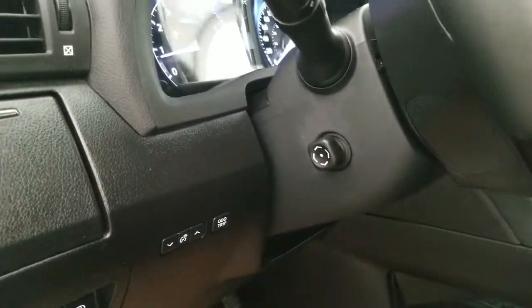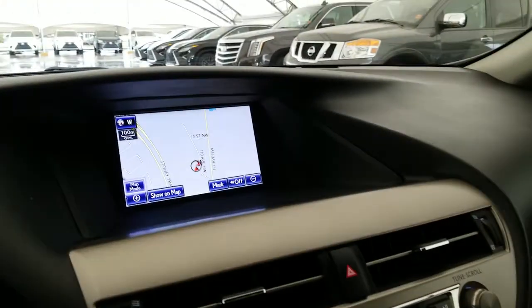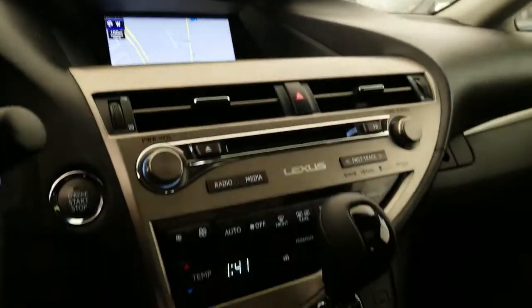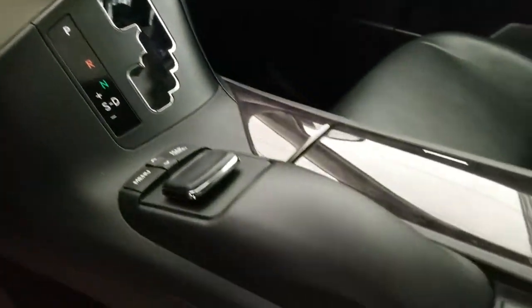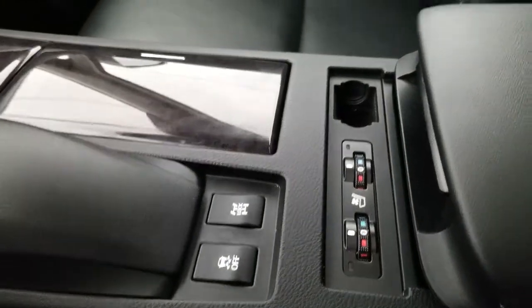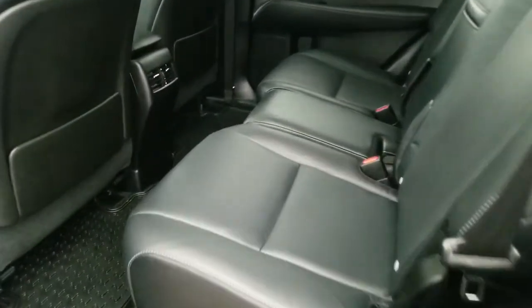power adjustable front seating, power tilt and telescopic steering wheel, hands-free controls, a 7-inch multimedia display with navigation and the integrated backup camera, traction control, center locking differential, heated and ventilated front seats, sunroof, black interior in next to new condition,